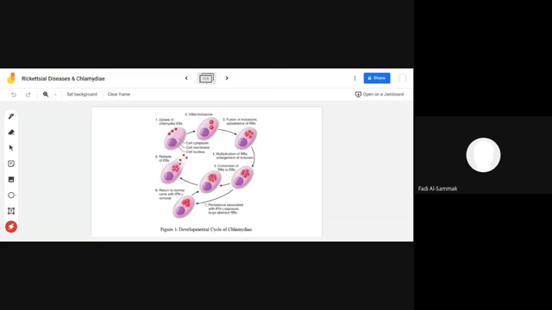And the other thing to remember is that the inclusions themselves can give you an idea about what kind of species, because we have 3 different species. We have Chlamydia trachomatis, the one responsible for trachoma, and we have Chlamydia pneumoniae, and Chlamydia psittaci. So we have 3 different species, medically important.